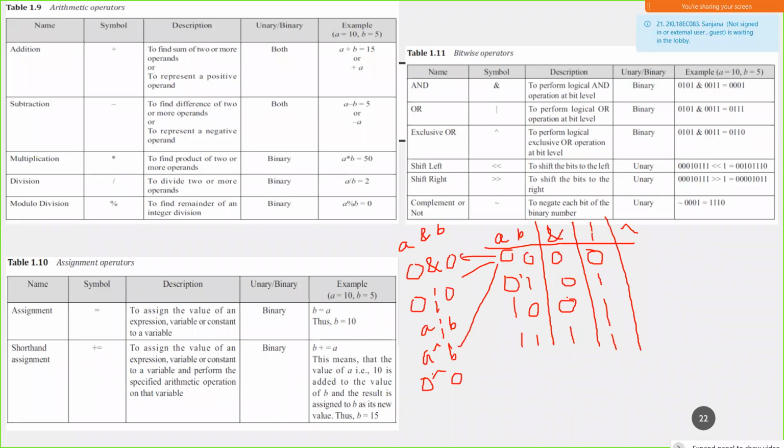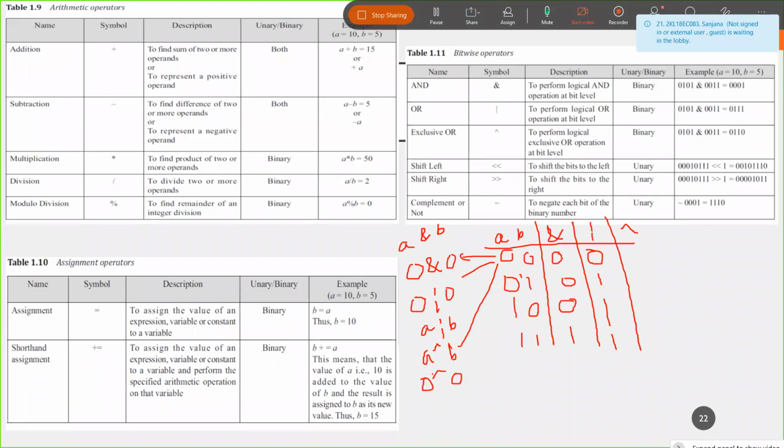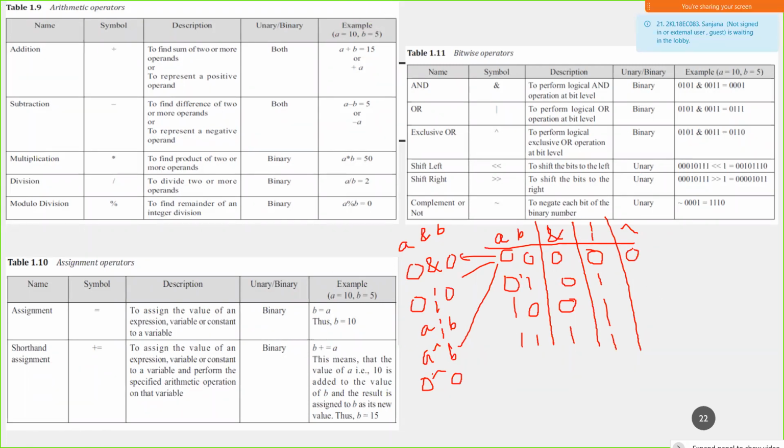So for all bits, 0 XORed with 0 is 0. 0 XORed with 1 is 1, 1 XORed with 0 is 1, and 1 XORed with 1 is 0.